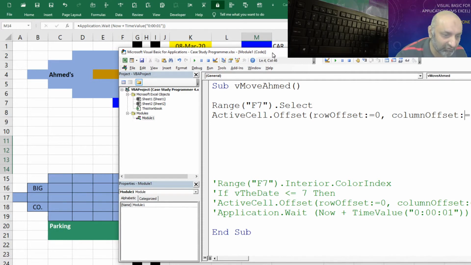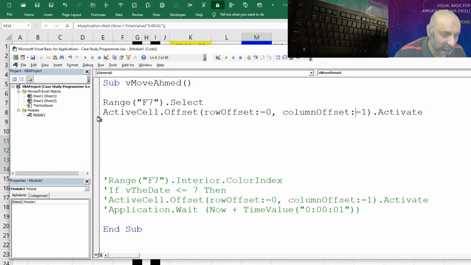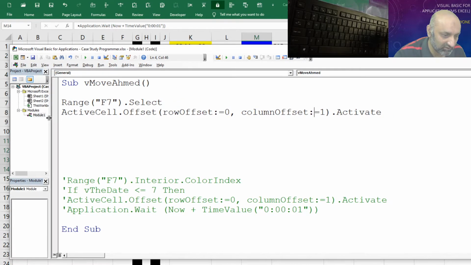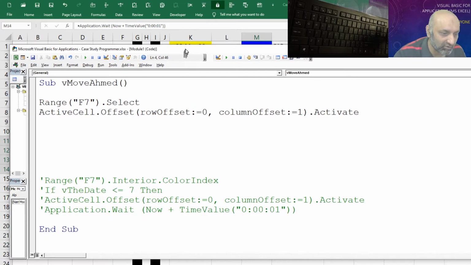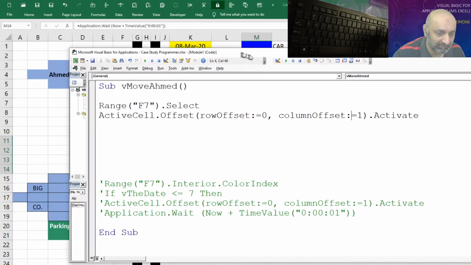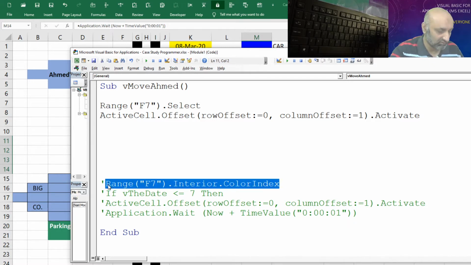Let me move this window a bit towards the left so you can see the whole command. Okay, and we can narrow this down. So we are almost ready. F7, and then we have moved one step right to the G column. But the point is, moving the cursor will not change the colors. So we need to change the color.